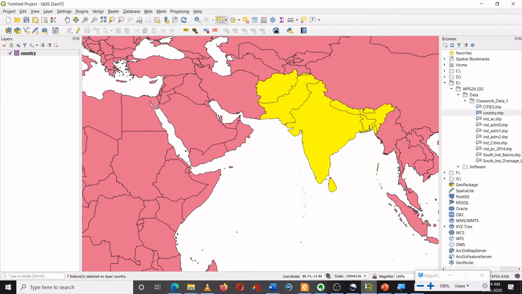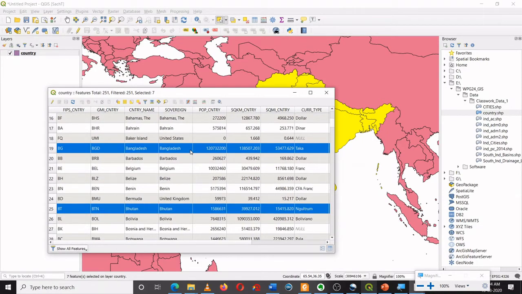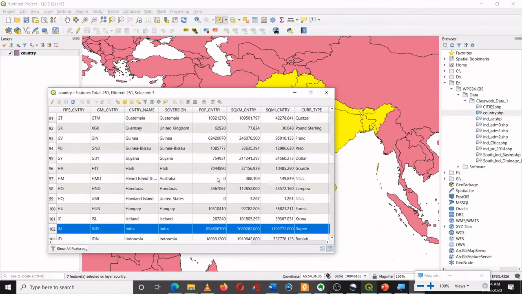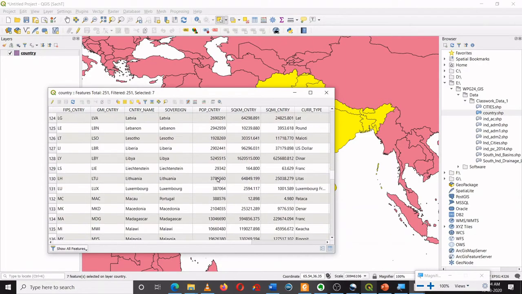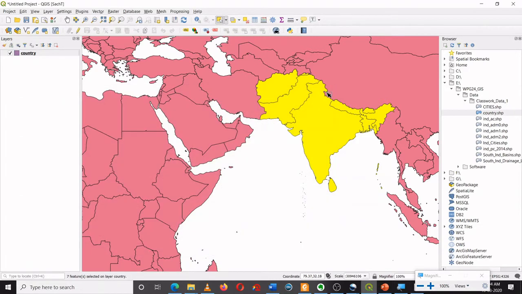Now you can see all these selections again in the attribute table. You can see Afghanistan, Bangladesh, Bhutan, also India, and so on. So this is how you can select multiple features in the map.